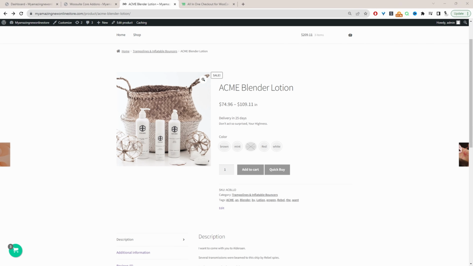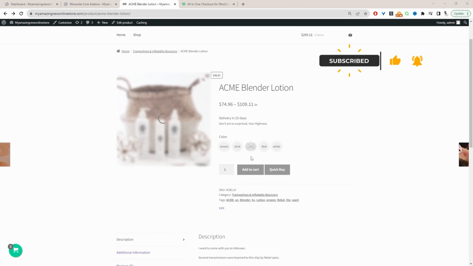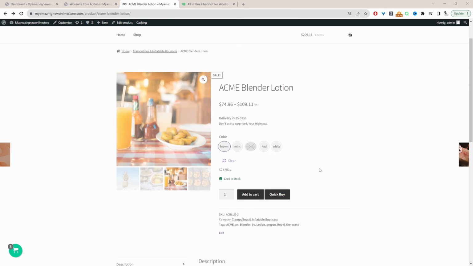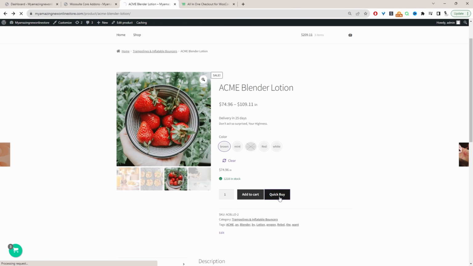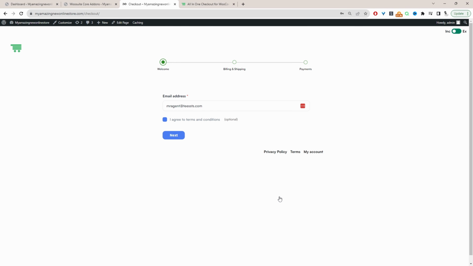Okay, so here we are on our demo site, and currently on this particular product page, you can see we've got an add to cart button, and also we've got this quick buy button. So the customers can add this to their basket, or they can click the quick buy button, which will take them straight to the checkout page, bypassing the cart page. And if you wanted, you can completely replace the add to cart button, so there's just a